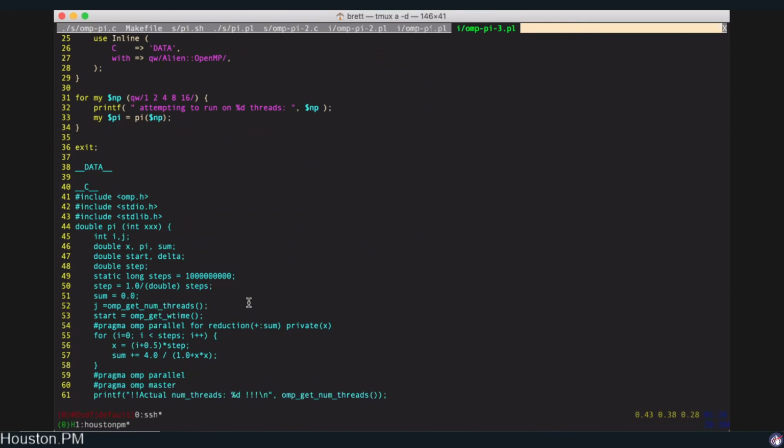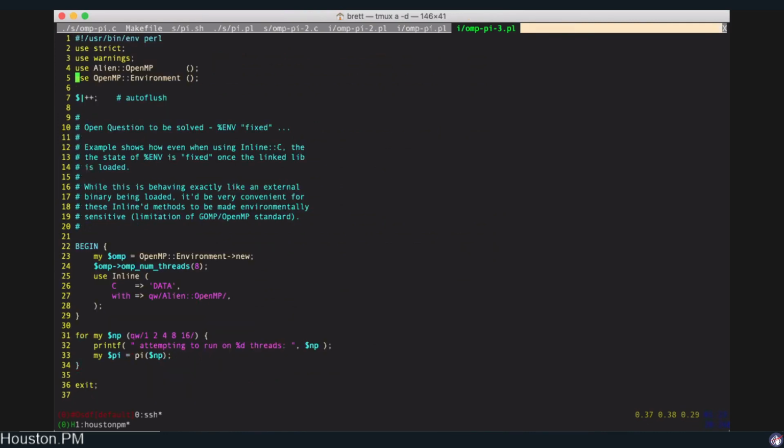That's a good thought. Well, shouldn't that int xxx be the number of threads you want? And can't you say OMP set num threads to be xxx? Yes, but I guess that's what I was saying: the way OpenMP is used, it assumes that you can modify the environment variable. So to put it another way, yes, you can do that, and that's actually what the second example does. But I want to be able to